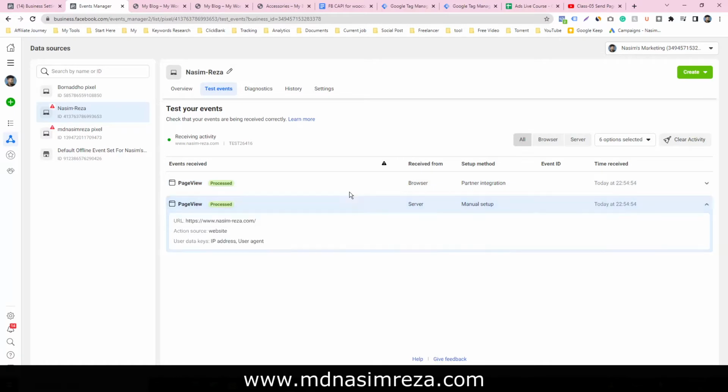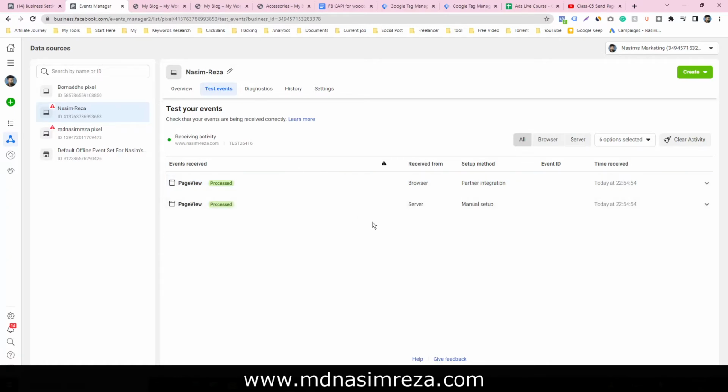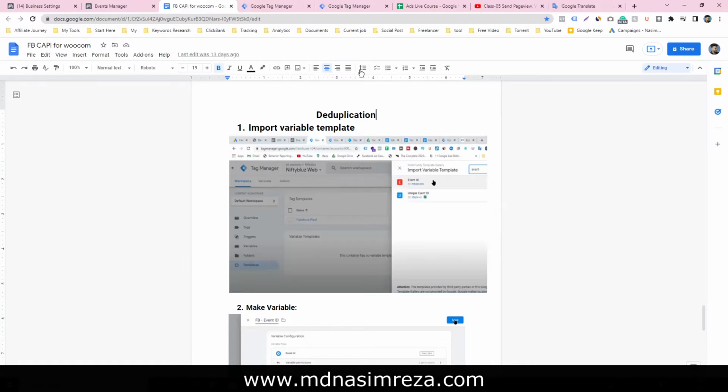That means our server side and our browser side are working properly. Now we have to deduplicate it, because here there are two events, but we don't need two events, we need just one event. So that's why we need deduplication. Let's see how to deduplicate it.